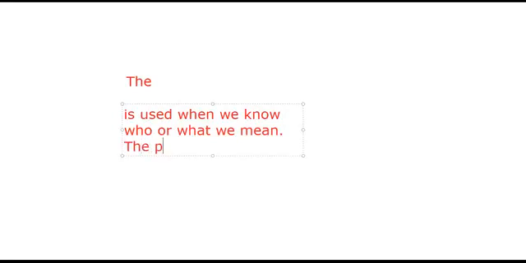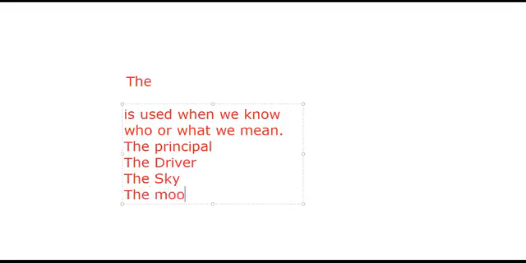We use the when we write or talk about a person or thing of which there is only one, just like universal truth. In the world, there is only one thing, just like one sky, one moon, one river's name, one sea's name. We use the.